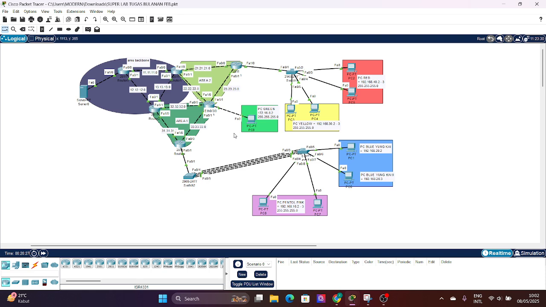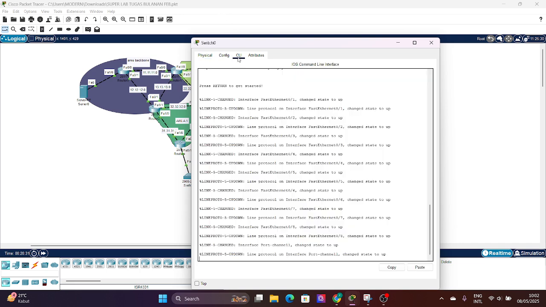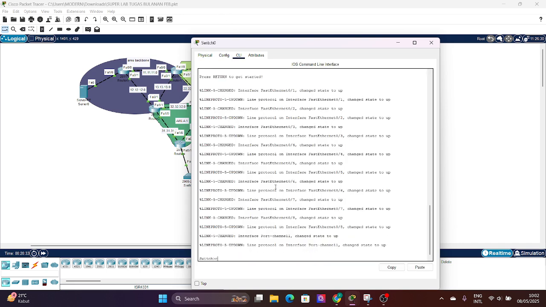Okay, and we look at the configuration in the switch.